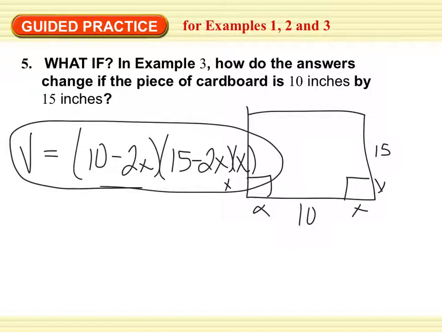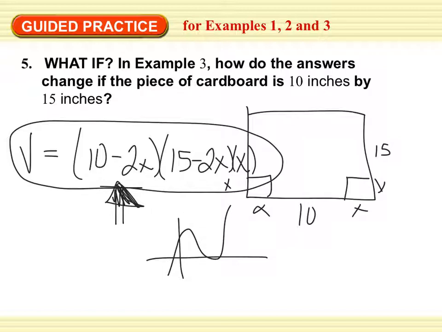So I actually just realized this. I'm sure some of you have already realized it. I don't have to do my polynomial. I don't have to do all the multiplication to put this in my calculator. I can put it in my calculator just like that and maximize it. So when I maximize it, I'm going to get,